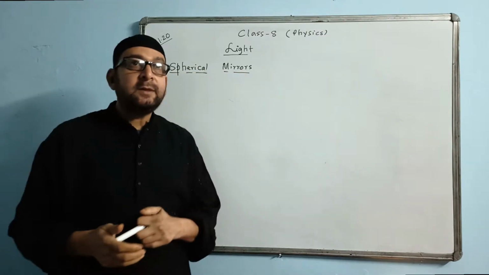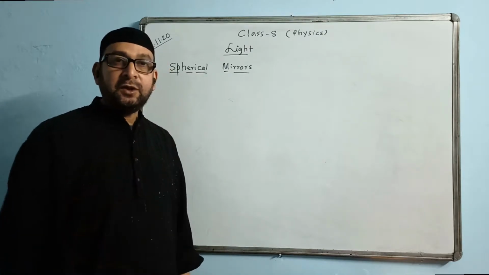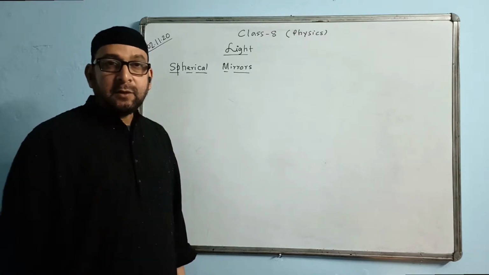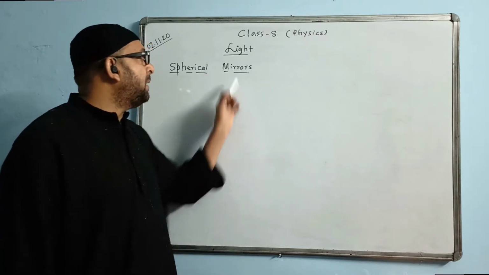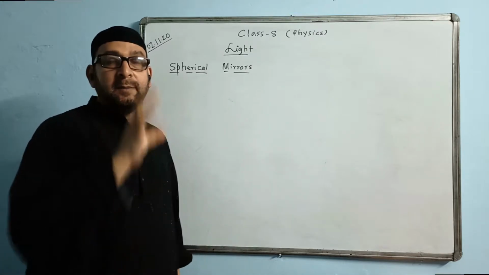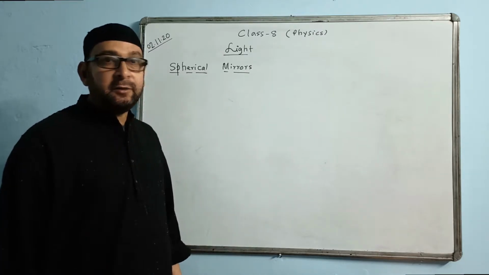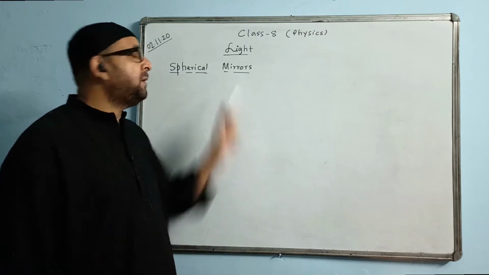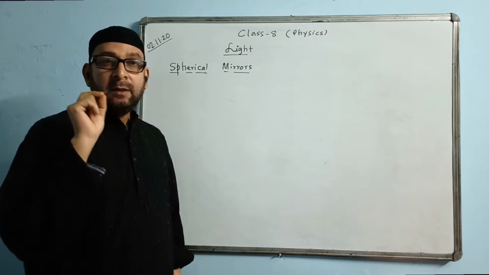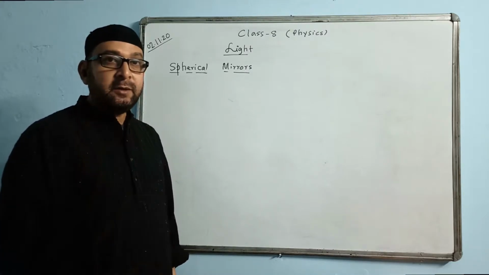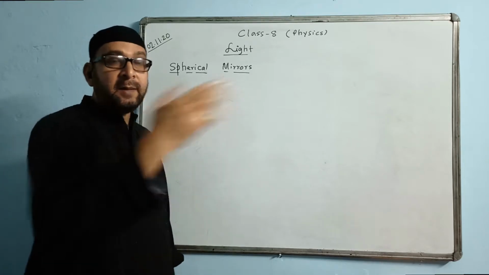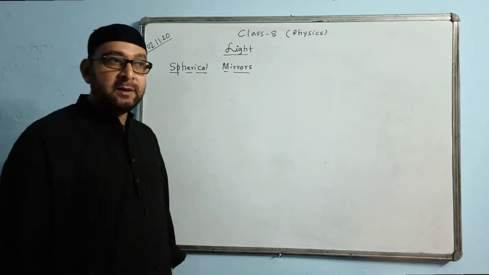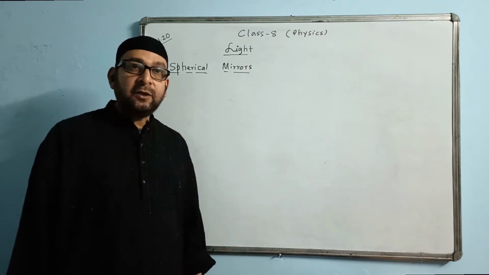Actually, what is a mirror? We say a mirror is a polished, shiny surface which can reflect the rays of light. Mirrors are generally used to form an image by way of reflection. In a lens, refraction takes place, whereas in mirrors, reflection takes place. Remember the word reflection. Reflection is the returning back of the ray of light after striking a surface, in the same medium. This is called reflection of light.